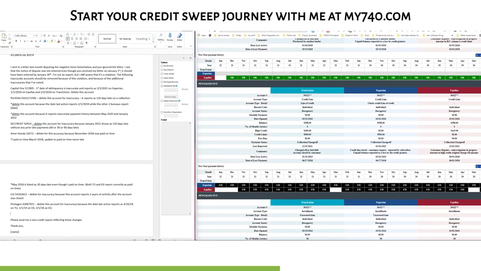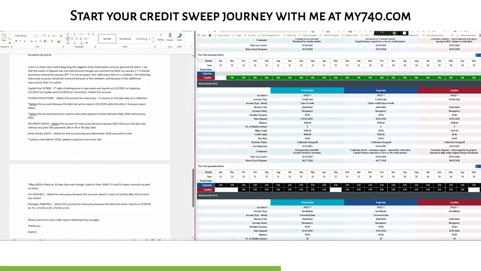Okay, so actually, I just want to point out one thing. You see how there's a balance, but it has not been sold yet. It says charged off, but it doesn't say that it was transferred or sold. Another thing you want to look at is the high balance, 490, 0, and 443. Another thing you want to look at is that these dates are totally different.